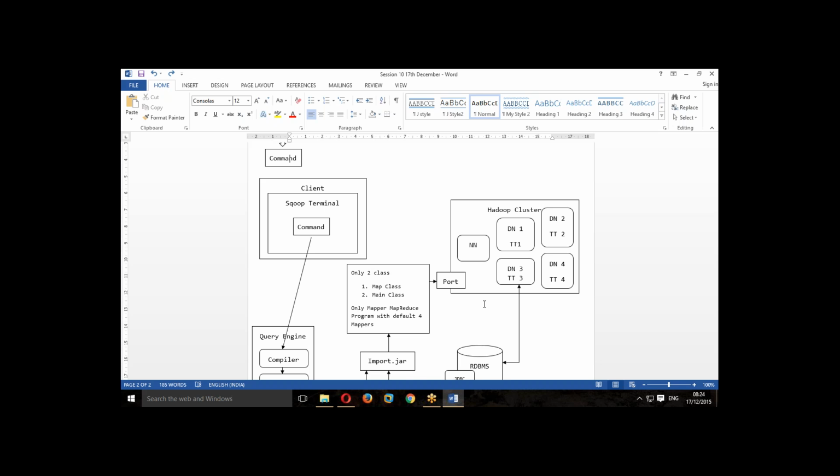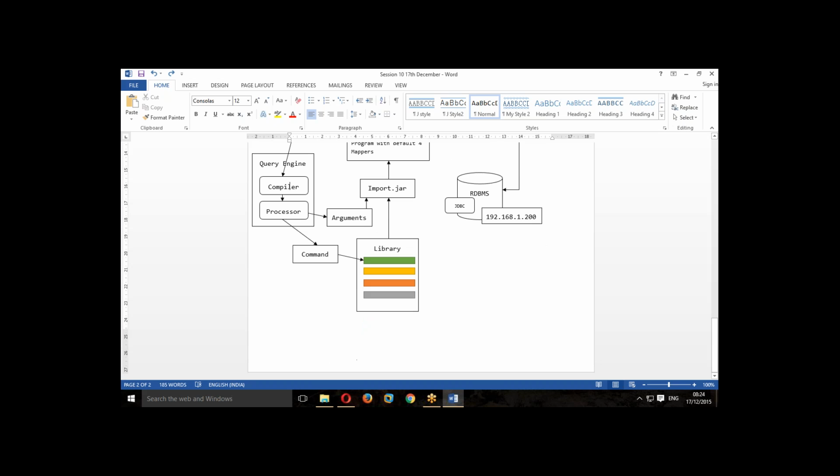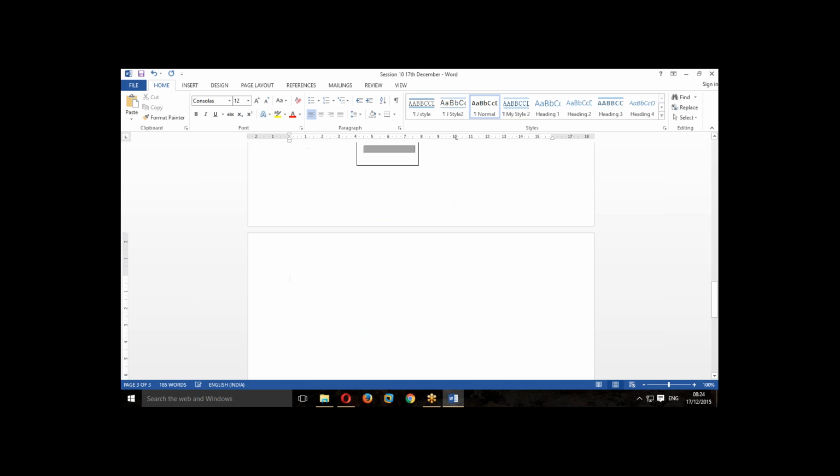Yeah, clear. Okay. Now let's see the different flavors of Sqoop import. As we have seen, it can do all tables, nothing much into it. So all tables means